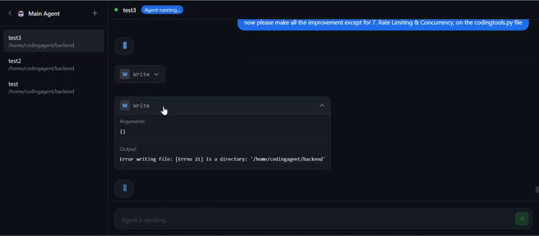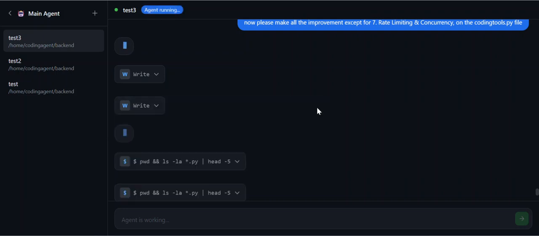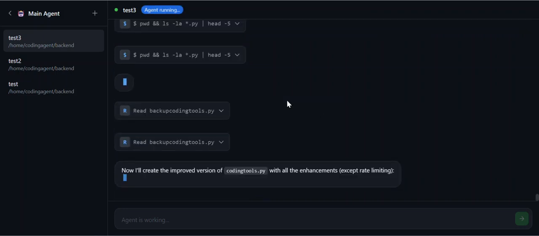Now let's see if the tool call is working. So, okay, it is not working because it says